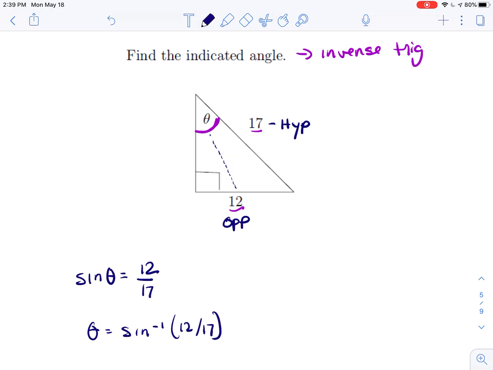Okay, so if we type this into our calculator, we should get that this is equal to 44.9 degrees, as long as your calculator is in degrees. And because we are working with triangles, we're going to stick with degrees. Okay, radians we tend to use when we're on the unit circle and the coordinate plane. Okay, what else can we do with right triangles? Well,